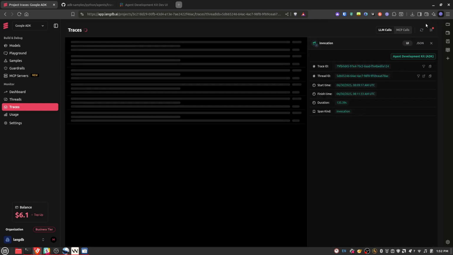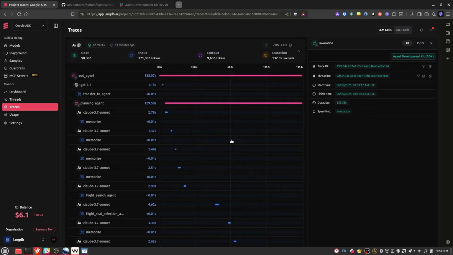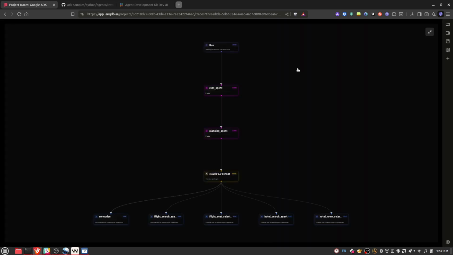Click Traces and expand to full screen for the bird's eye view. Here, we have an overview of our session showing us cost, input and output tokens used, and the total duration. A Gantt chart shows how long each step took, and a dependency graph maps every agent, tool, and model involved